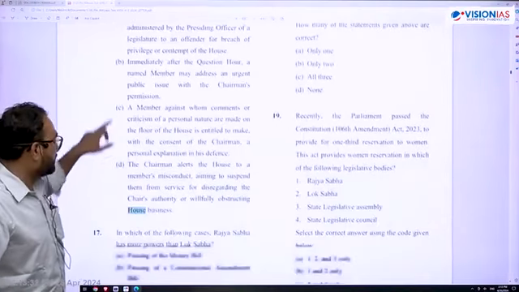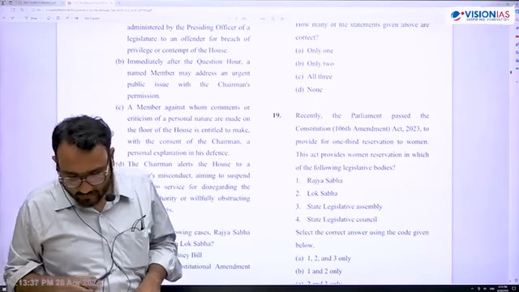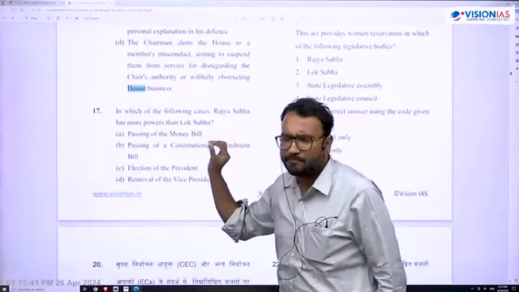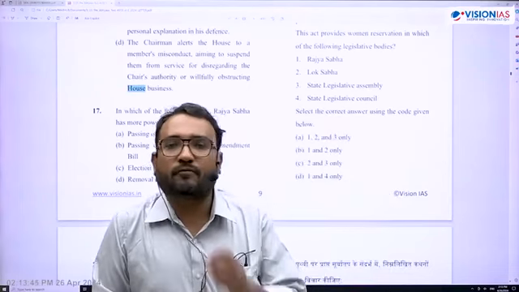So for 16 we will settle for D for Delhi. Okay, 16 will settle for D for Delhi. 17. Let's see. Now this is an easy thing. This is such a beautiful question. It has come from Article 67.